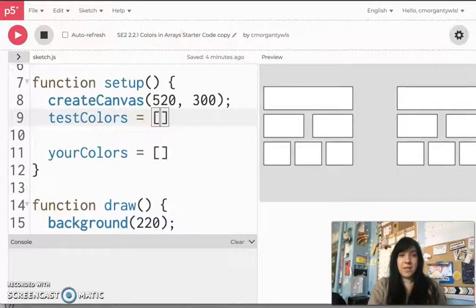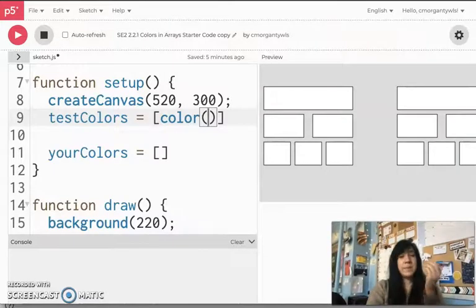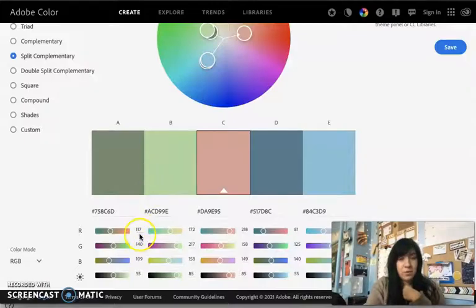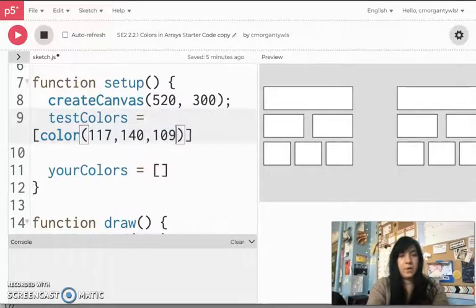So for test colors, I'm going to start out with my first color. I'm going to write the word color in, and I'm going to put parentheses, exactly how we've done it when we are saving color to a variable. So now I'm going to go get the three numbers for my first color, which are 117, 140, 109. And then just like before, after this color thing that happens here, I'm going to put a comma and then a